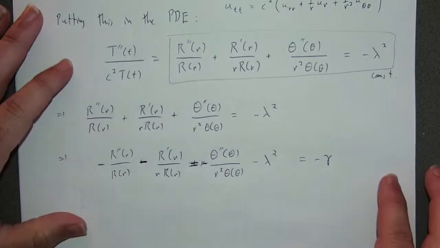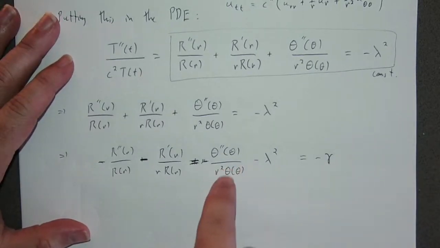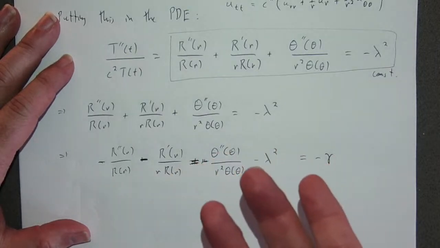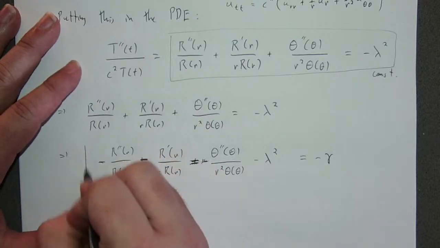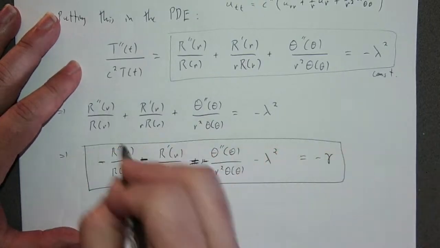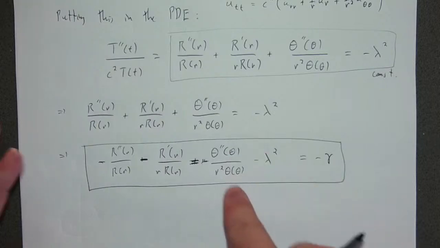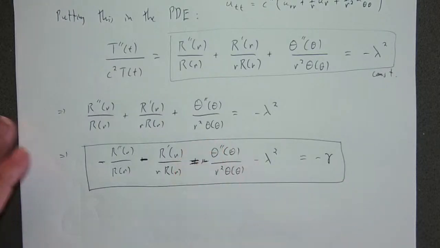Don't get too caught up in this. We're doing this so that the eigenvalue problem for theta is the one that we're used to. That's why we're doing it this way. So if you're wondering, what am I doing with the minus signs to make this work? I just want the eigenvalue problem for theta to be the one that I'm used to. Okay, actually,